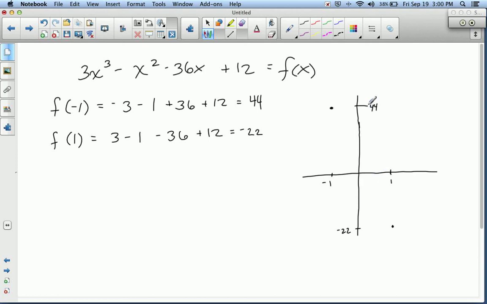Well, between 44 and negative 22, the most important k value to me is 0. I am guaranteed by the intermediate value theorem that there is a 0 between negative 1 and 1. This graph has no option but at some point to cross the x-axis. Okay? In this particular case,